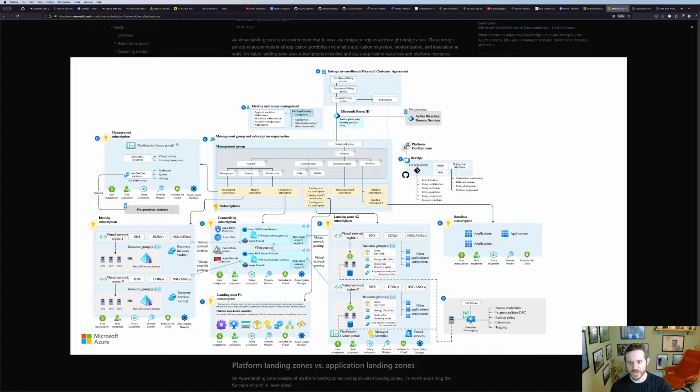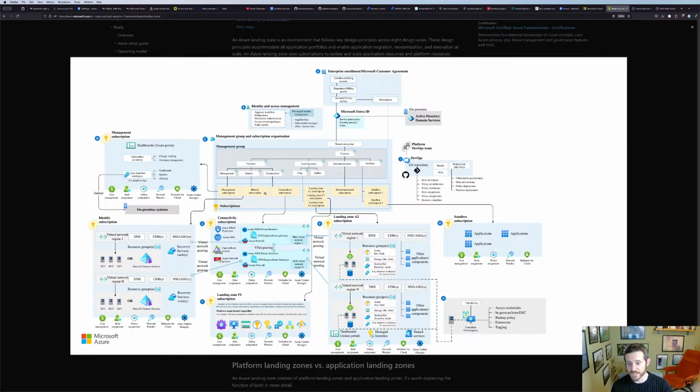You end up with a number of different conceptual objects deployed into Azure. You start with a management group, and that management group has a bunch of different objects in it that connect to different subscriptions. I was having a chat with someone at work the other day who was asking why we had so many different management groups, and it's pretty much for this reason.